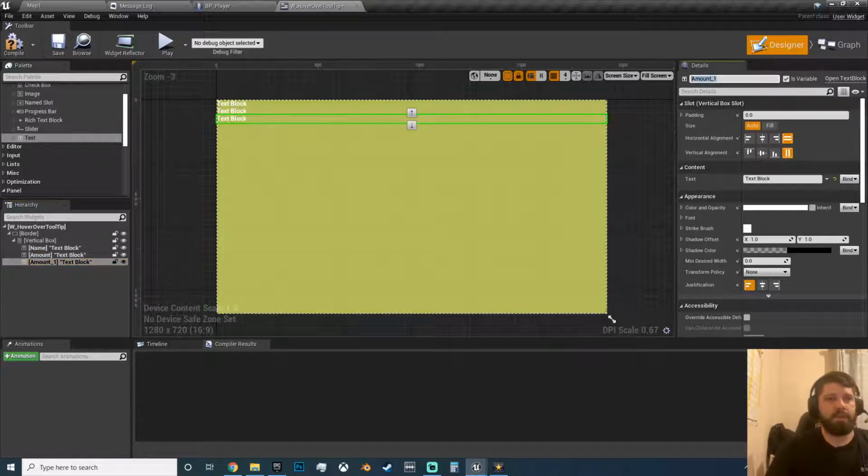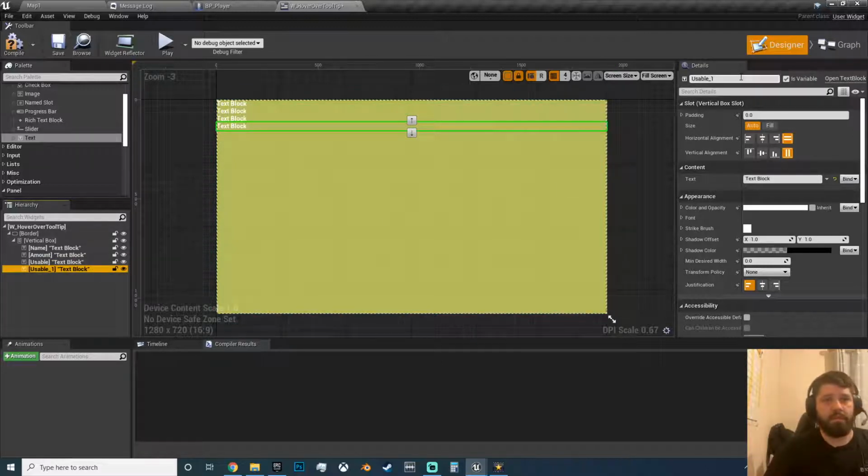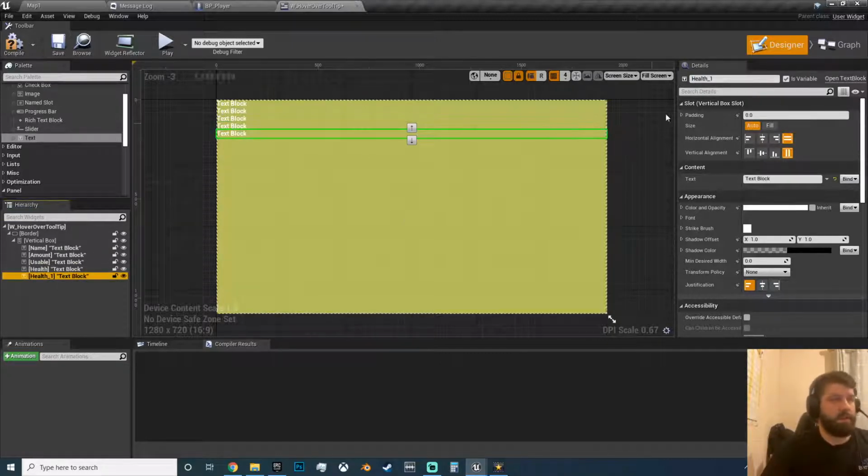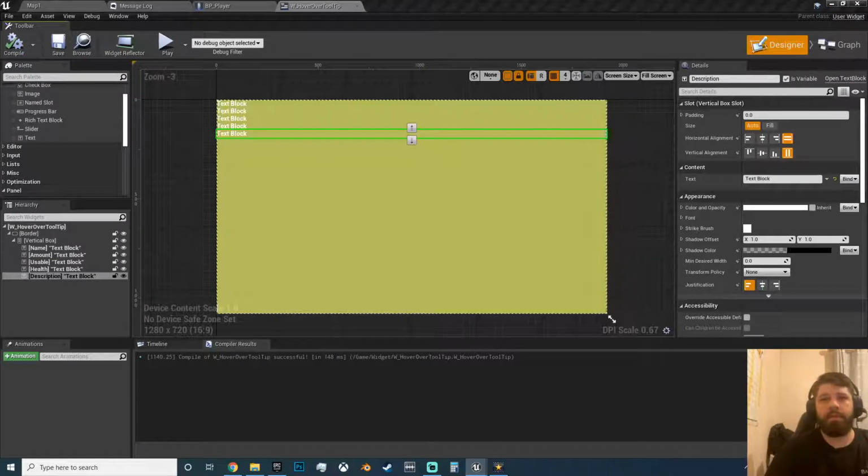Duplicate, usable, duplicate, health, duplicate, and I've got description. Compile, save. In the graph,